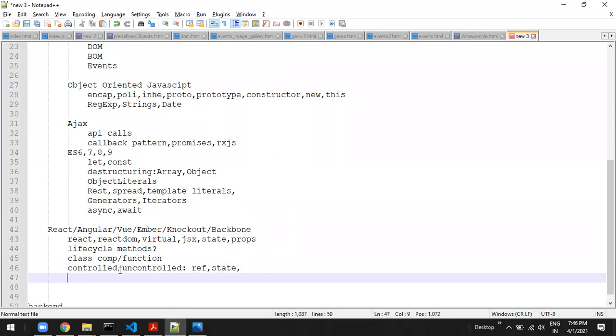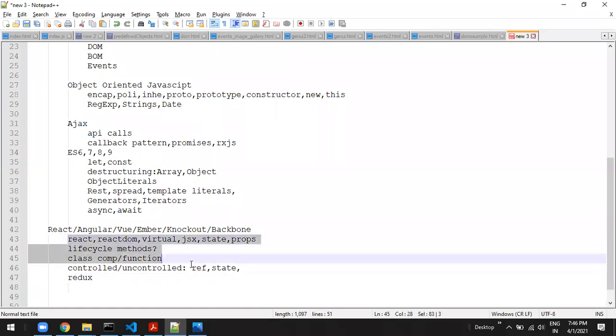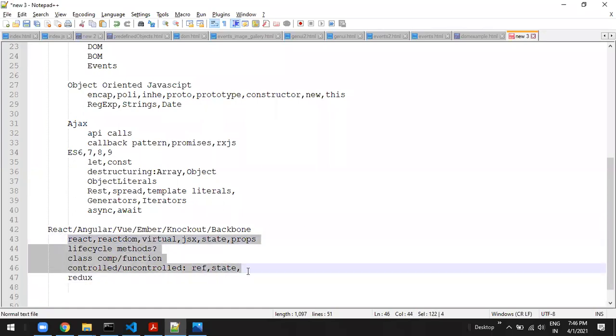Of course I could explain them more, but most of you don't know what that is. So I just want to continue with this, and then we will be discussing redux. So this will be a 1 week course complete. Of course this entire thing will come under 2 weeks definitely.